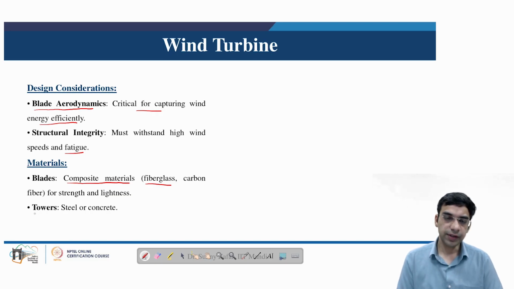Secondly, the towers on which the blade and the nacelle of the wind turbine are installed are generally made of steel or concrete, and of course there may be some challenge in installing such towers in offshore locations where the depth of the seabed is much higher. So in some cases floating wind turbines are also used, where the depth of the sea floor is too deep to do the permanent fixing of the towers.